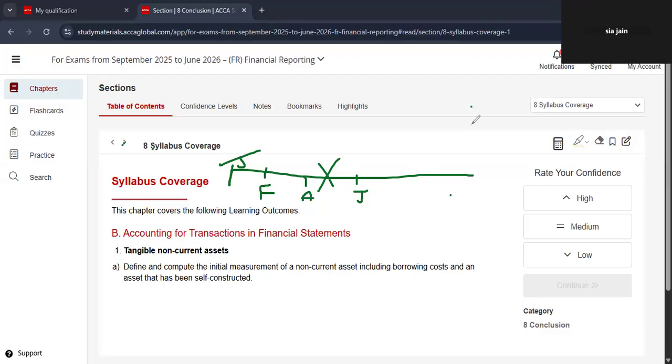So sorry guys, just 1 second. So from June you have started making some contributions again. I guess I lost the drawing feature. So from June you made some contributions again till September, and then your building is complete. In September, your building is complete. Then you need to stop capitalization of the interest expense, and until you pay the loan, that interest expense will be expensed to your profit and loss statement.